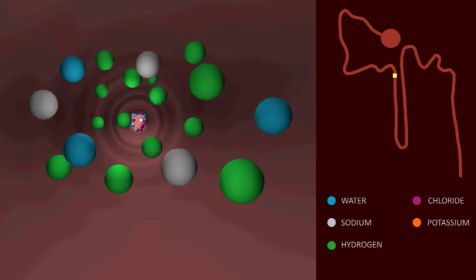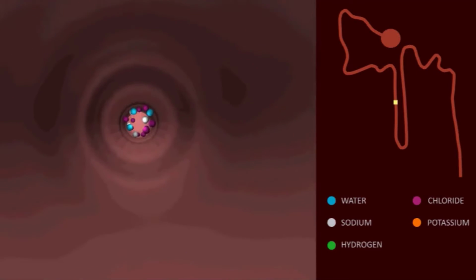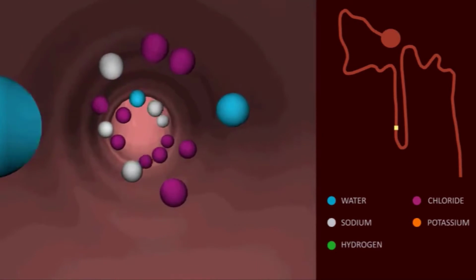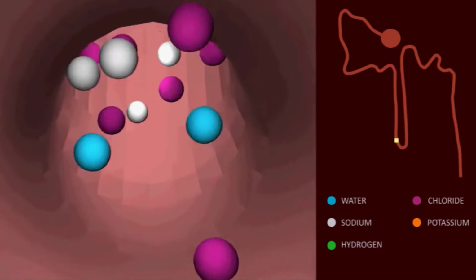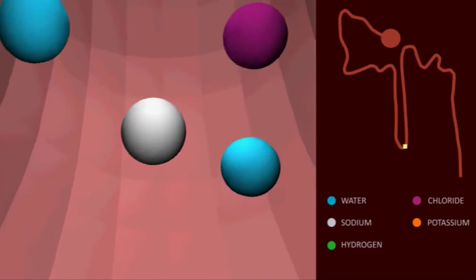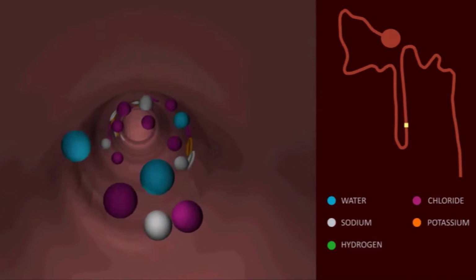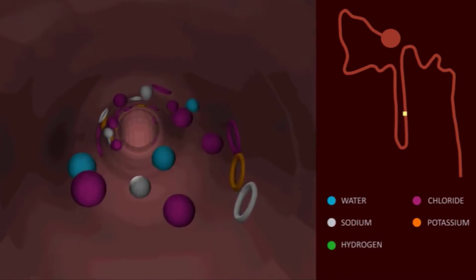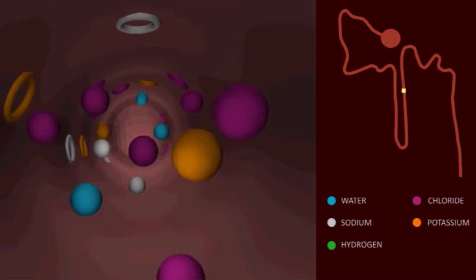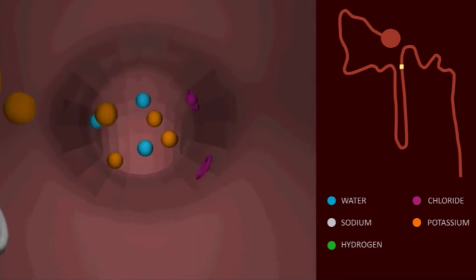As the fluid gradually moves through the descending limb, more water gets reabsorbed, but urea and other ions such as sodium and potassium do not get reabsorbed. This increases the osmotic concentration of the tubular fluid up to 1200 milliosmol per liter. This hypertonic filtrate moves up to the ascending limb of Henle's loop. Here, water does not get reabsorbed as its wall is impermeable to water. But a large amount of sodium and chloride ions are reabsorbed via active transport. Hence, the filtrate becomes isotonic with respect to blood.